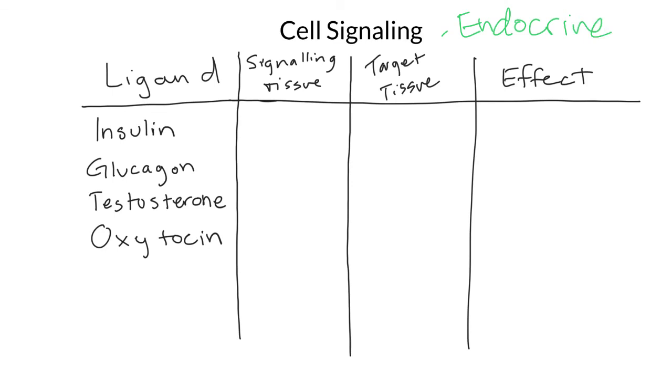So in an endocrine signal you have a signaling tissue and a target tissue. And the fluid which it's going through to reach the target tissue is what? How does it get from the signaling tissue to the target tissue? How do hormones work? So you produce a hormone in the brain, and then it goes to your ovaries. How does it get there? Not the nervous system. Blood, good, right? So through the blood. All right, so insulin